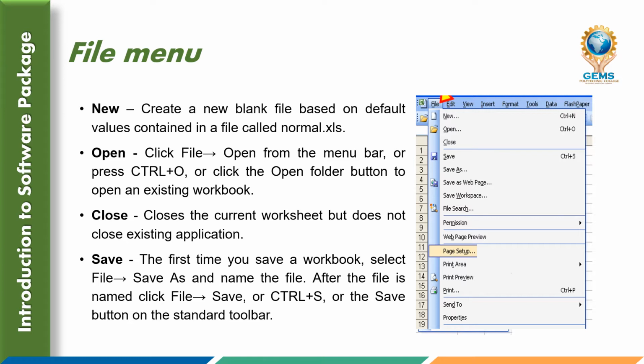We can see here the file menu is one of the leftmost items in the Excel ribbon. The file ribbon item enables you to perform file management functions including open, save, close, print, and you can also use the file menu to import data from external sources into Excel. So this file menu shows what submenus are there.